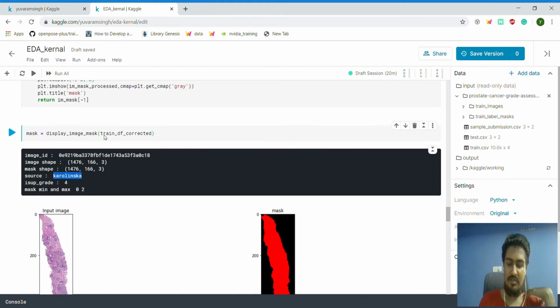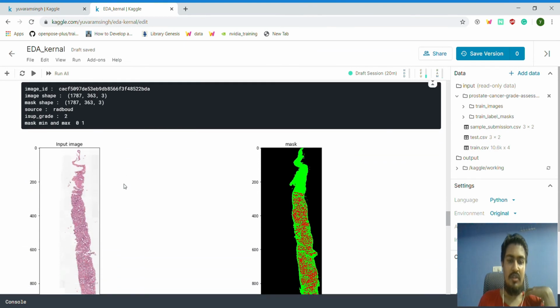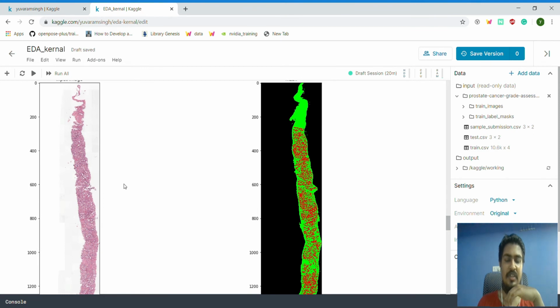Karolinska. Okay. And then the same institute, I'll just hope to find a red bond. So here you can see, no, we saw several